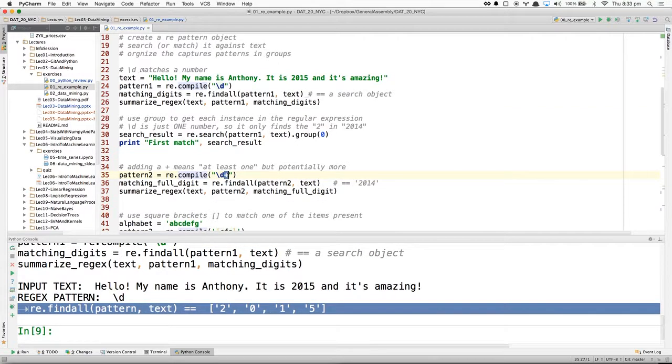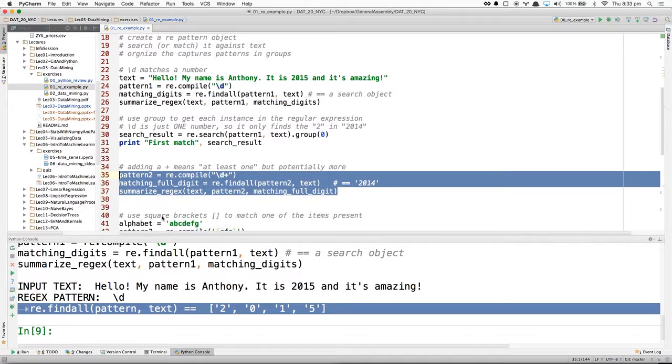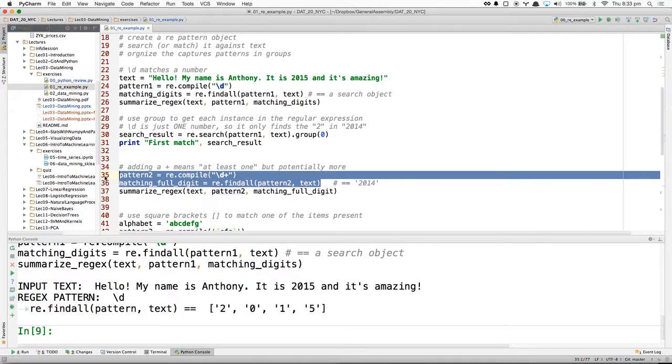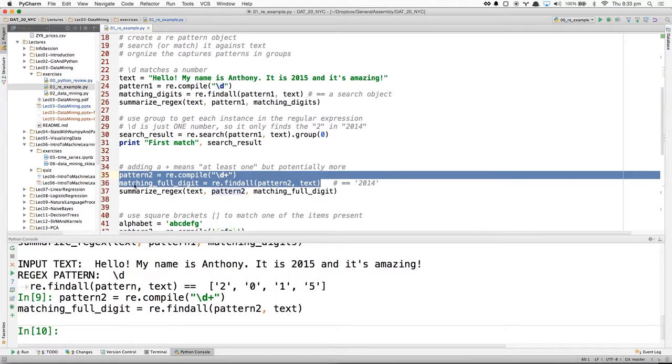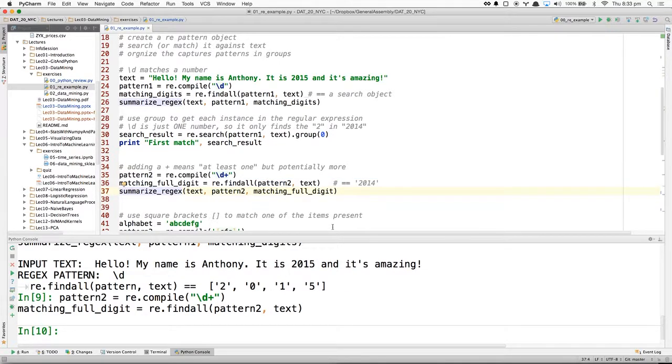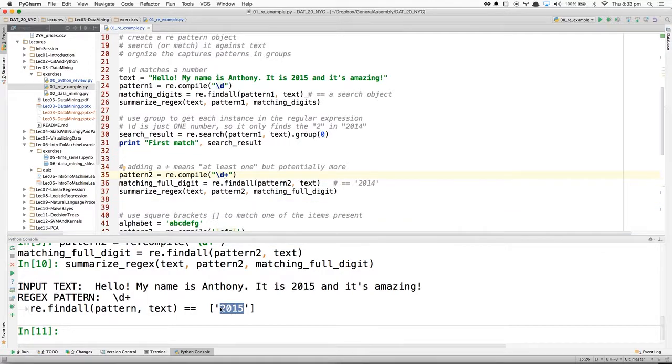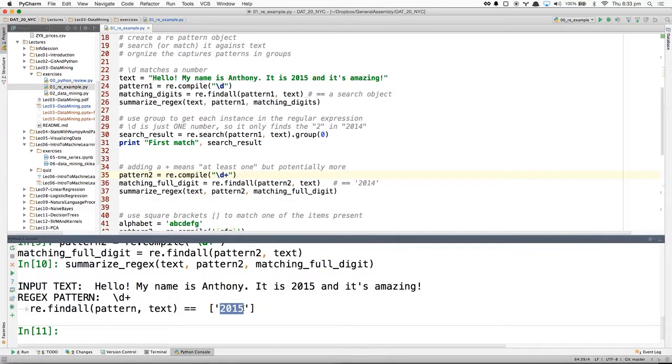If, however, I use \d+, it'll find... well, I guess I'll ask you guys. It'll do a similar pattern match, but what do you think it'll print? 2015. Yeah, so it'll print it all at once. It'll basically group it all together. So it's greedy. It's saying find 1 or more digits. So it's going to say, okay, I have 4 digits here, so I'm going to greedily match the largest string I can that matches that pattern.